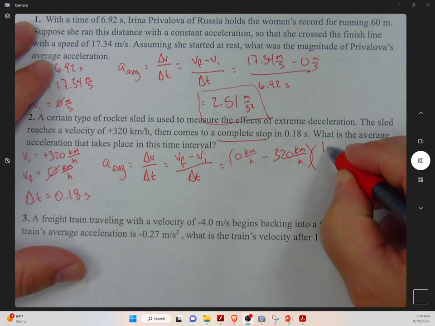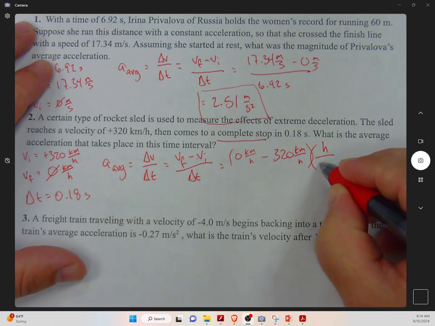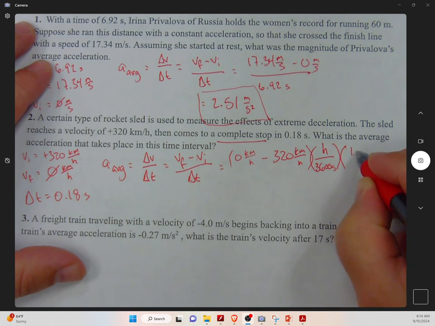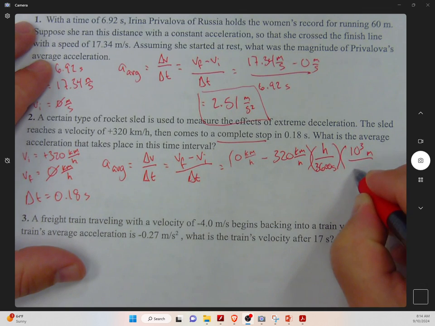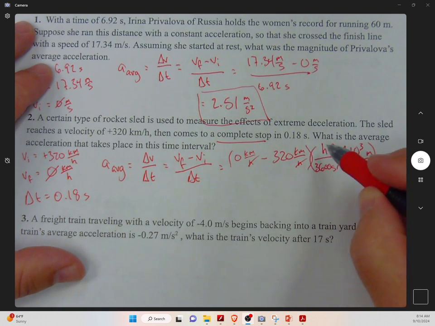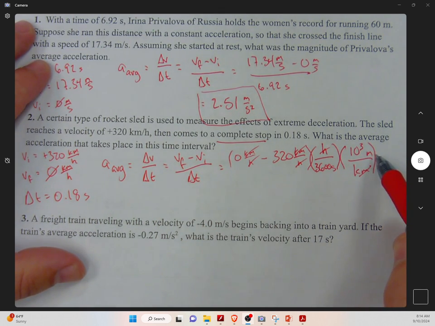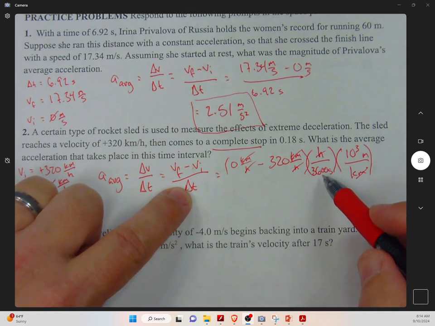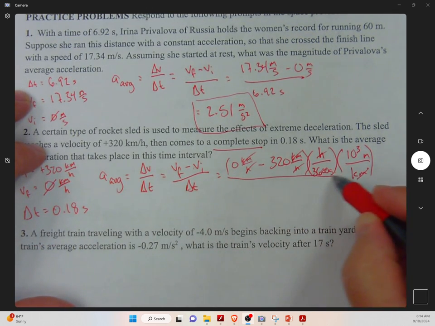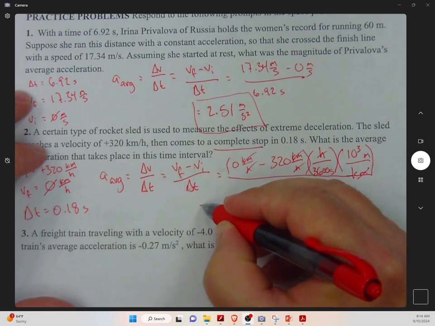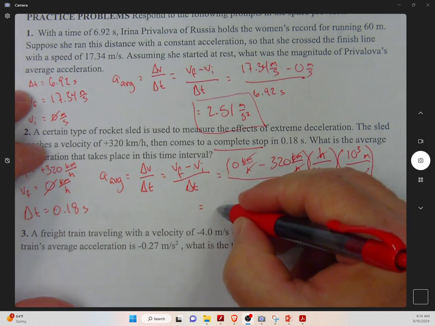All right, so I'm going to convert out of hours and into seconds. And then I'm going to get rid of that kilometer that way. Right, so my hours will cancel, my kilometers will cancel, and so I'll just be in terms of meters over seconds, but then I still have to divide by the seconds here, so that'll give me my seconds squared. Speaking of dividing by seconds, 0.18 seconds, and once I am ready in the calculator, that turns out to be